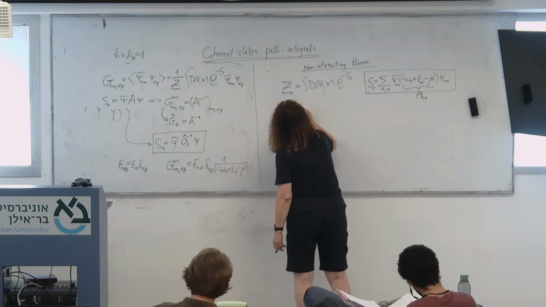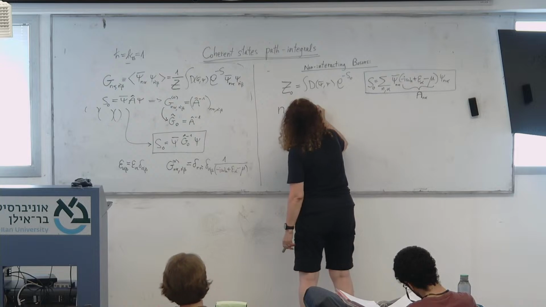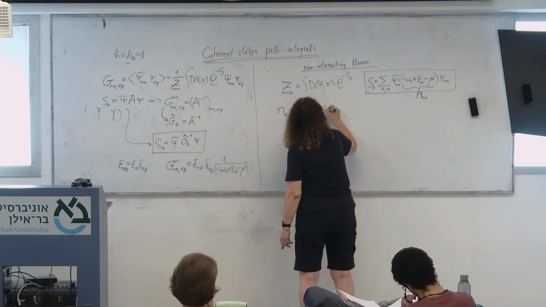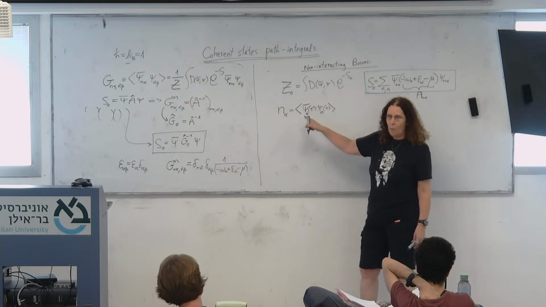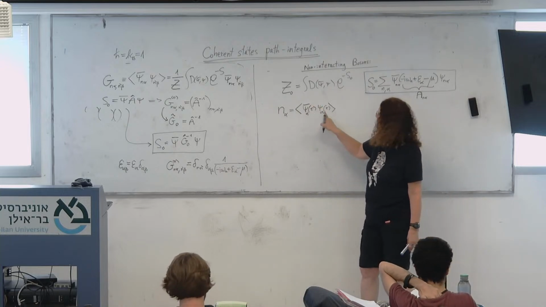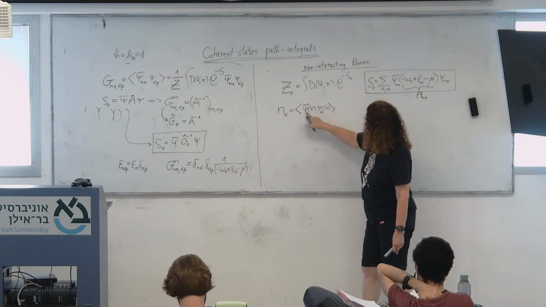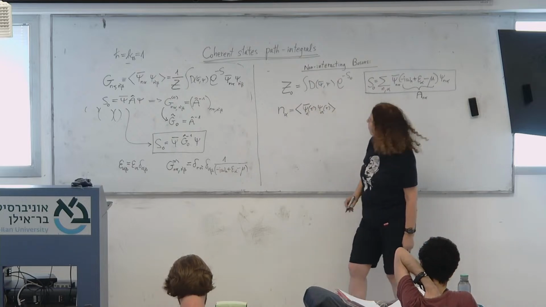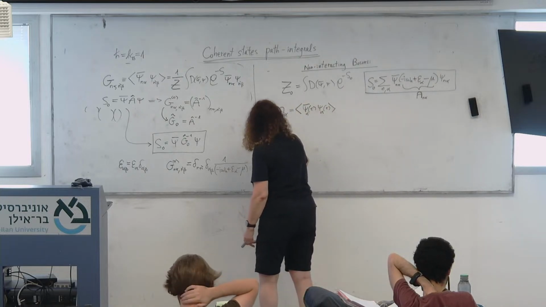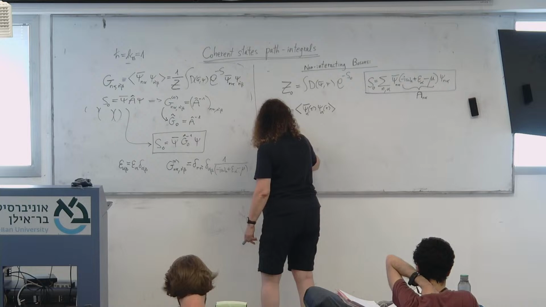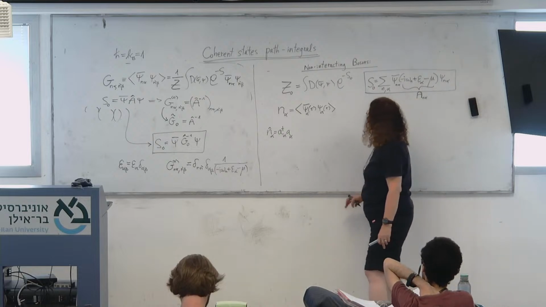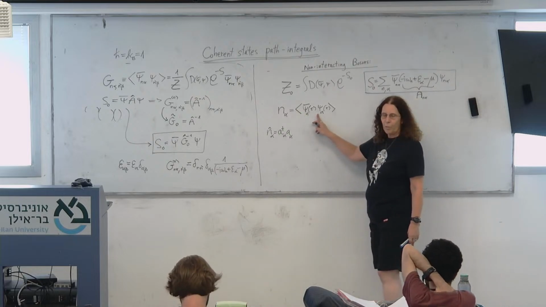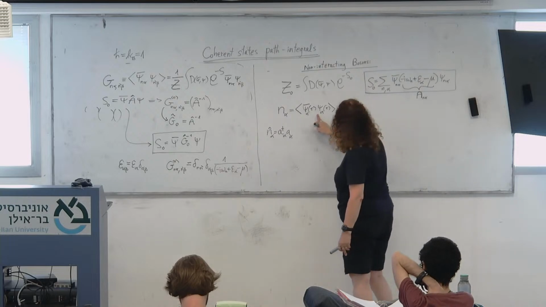It's actually the expectation value of the operator A alpha dagger A alpha, but in terms of the path integral fields, this is what it is, okay? So I remind you that N alpha operator is just the number operator for state alpha. So we want to calculate this expectation value.